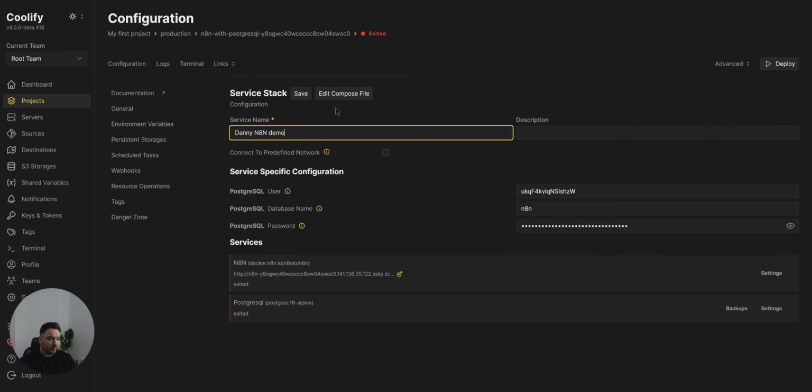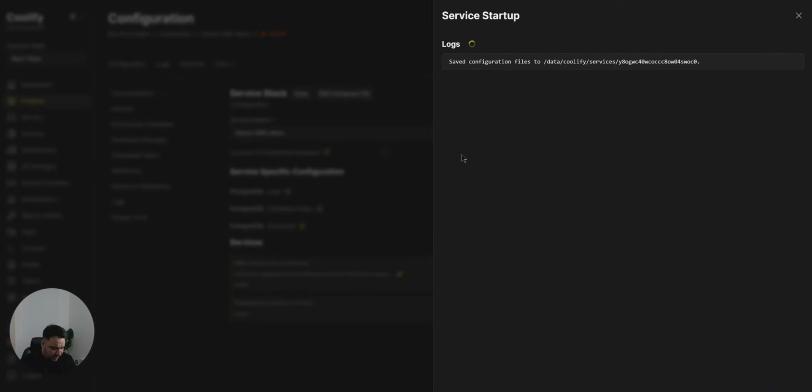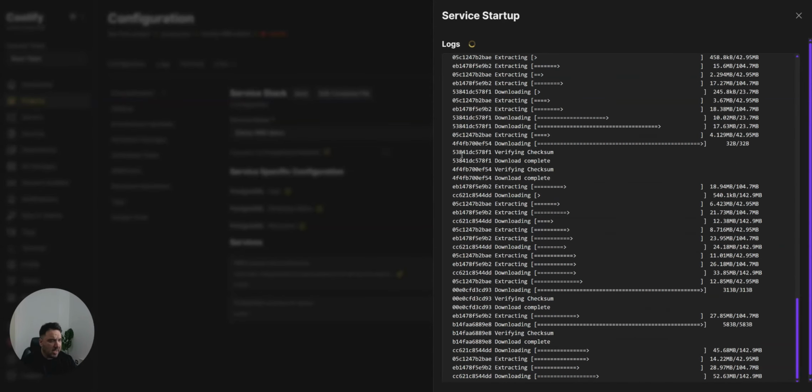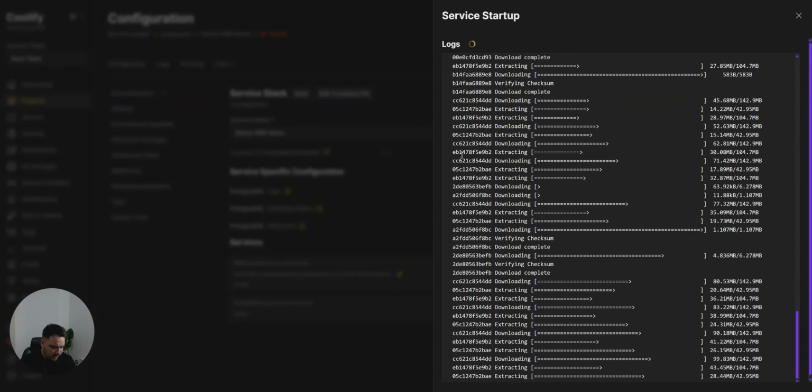Okay. Then whenever we see a yellow box around anything that we do, that means that the items haven't been saved. So that's what we're going to do now. We're just going to save the item. And that's it. What that's going to do now is download all the files from the Docker, and it's going to install N8N on our instance, and that's how we get N8N for free. So once it's all completed, we are going to close this window with this X on top right,